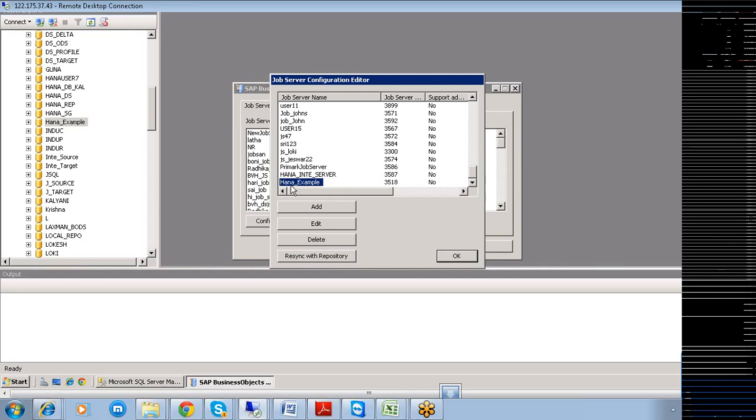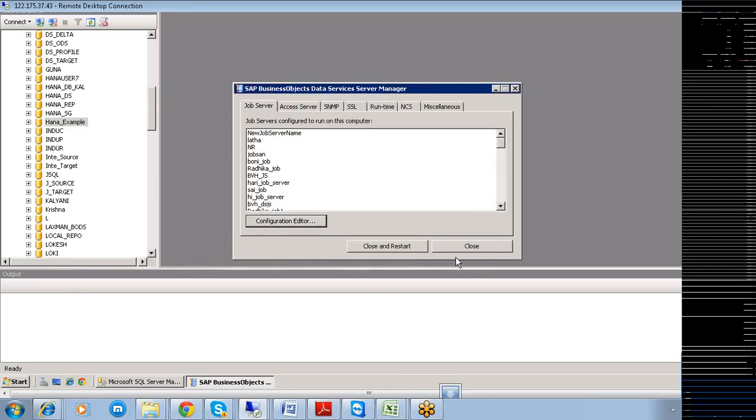Your HANA underscore example is created, and if you can see, all the job server ports have been created with a different number, that is 3518 in this case. You select this 3518 and then click on OK like this. Your job server is created.